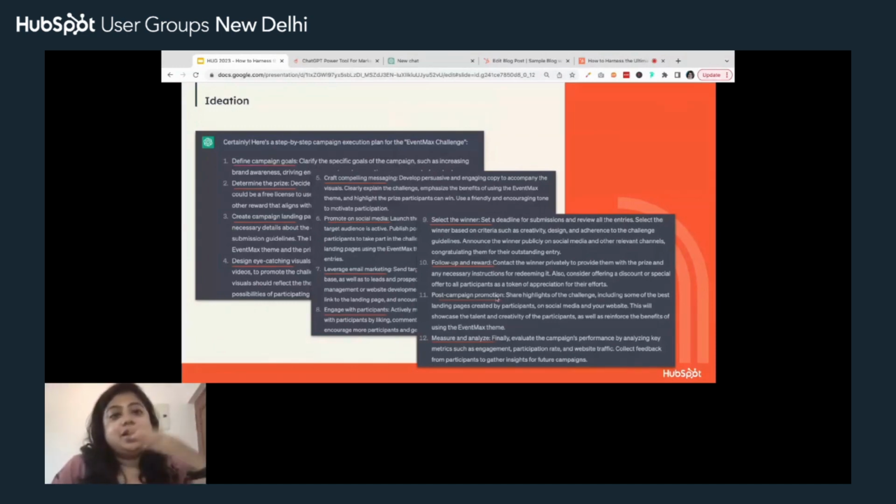So again, this is another very key place where I find it saves me a lot of time and a lot of mind space as well. All right, so those are the three key ideas to leverage generative AI when it comes to campaign ideation. Next up, let's move to execution.